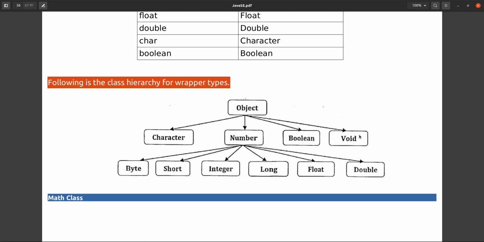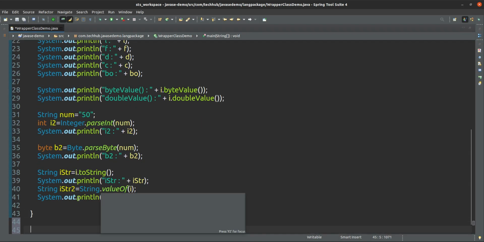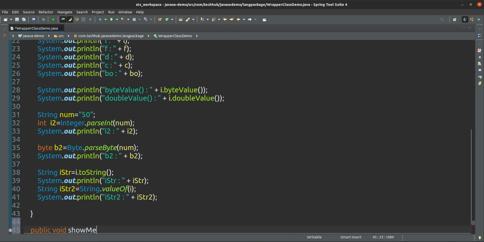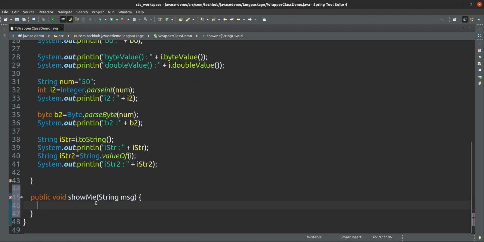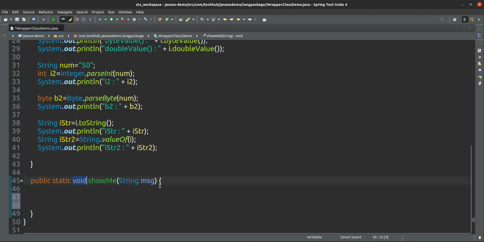We have seen this in so many places. Suppose public void showMe, and String message, like that. You can give static also, no issue. Here, this void is the return type, but void cannot be given as a parameter.